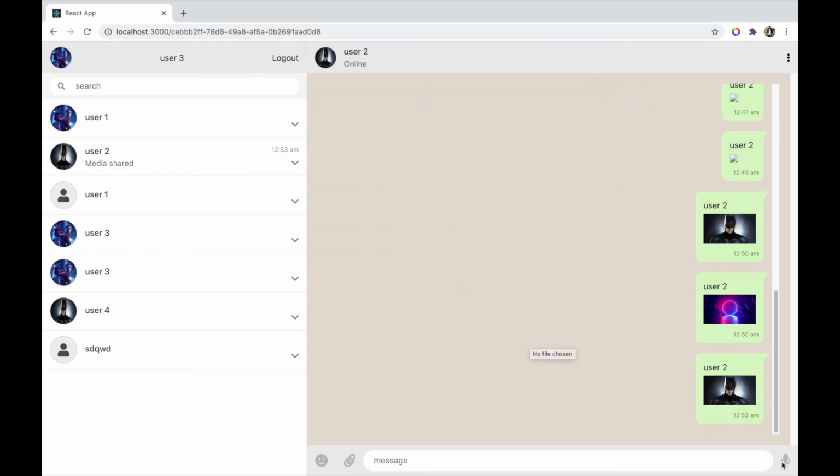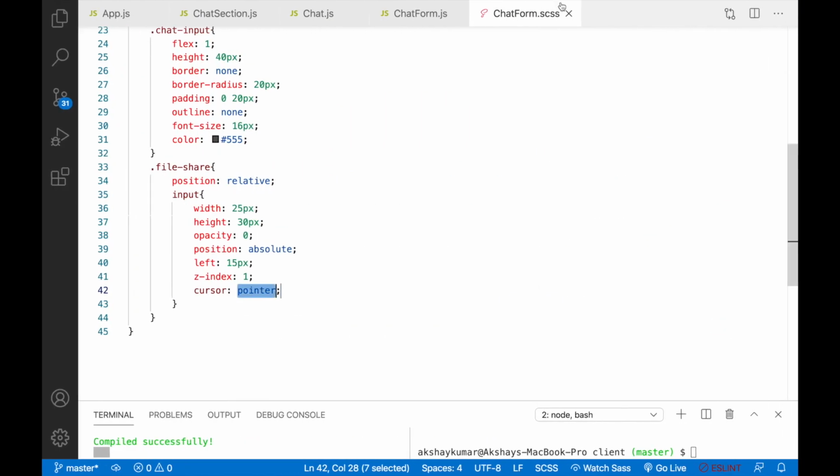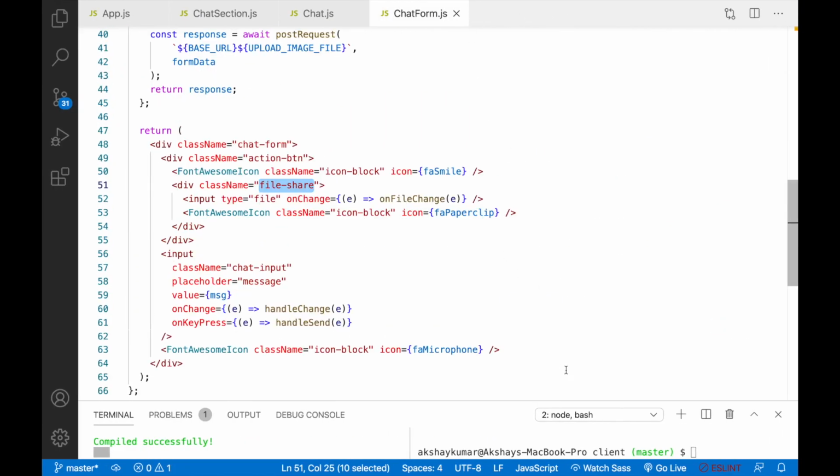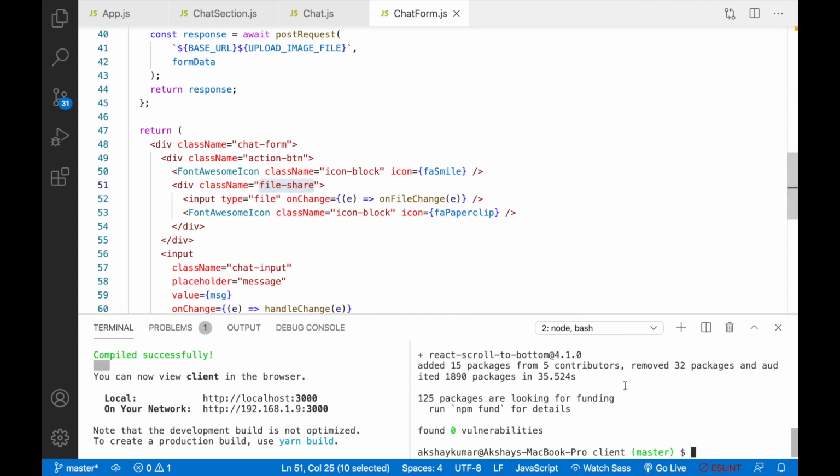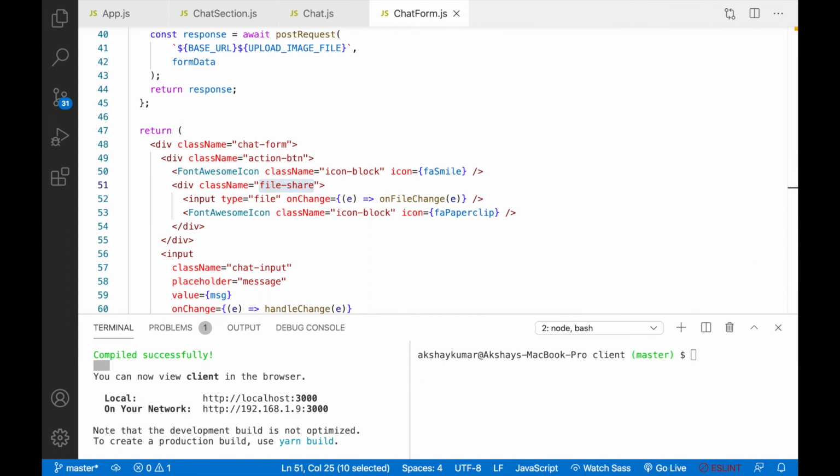Now we'll work on this voice chat. For this, I will close this file. We need to install one library, and the name of the library is React Mic. So we'll write npm i react-mic --save.